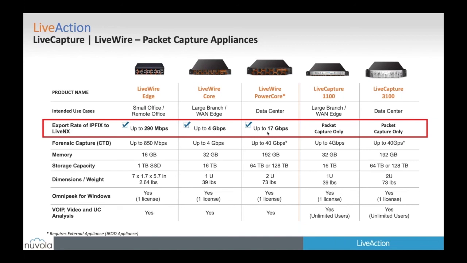But normally, in those environments where you've got 100 gig or 40 gig or even 10 gig, you would normally have packet brokers out there which would direct the traffic from the network to the appliance, and in many cases the packet brokers would pre-filter to only allow certain traffic through